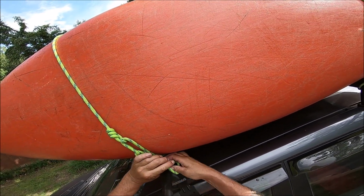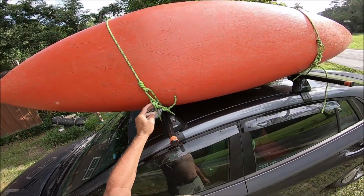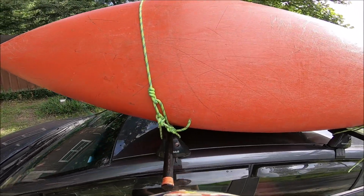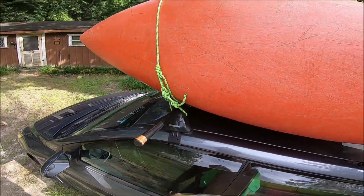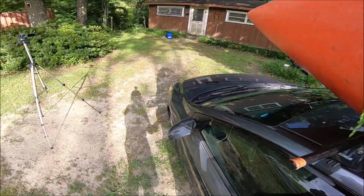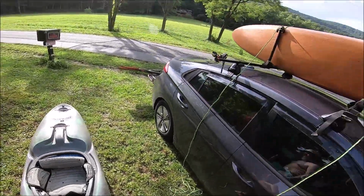Same thing on this side. Finished it up with 2 half hitches. It also went through the loop created by the 2 half hitches on the bite. You can see the loop right here. So it's really firm like that. So if we're going to put my friend's kayak back up here on this roof,